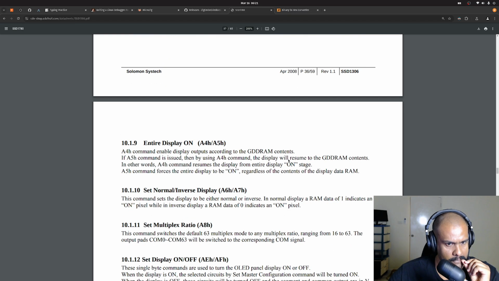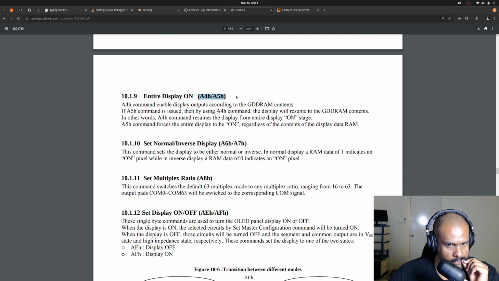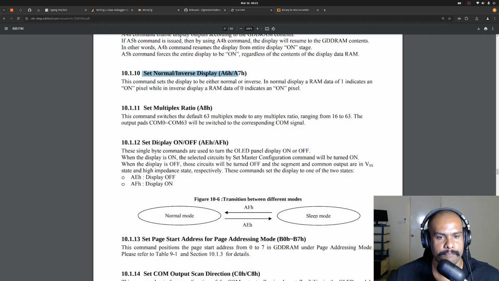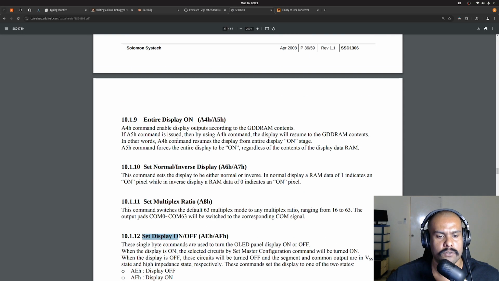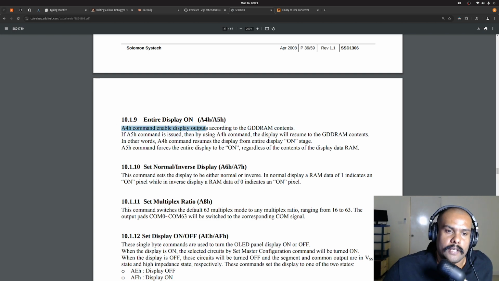Set segment remap, entire display on. Yep, I know that. Set, no, this one for now. I don't care. Set display. Why is there two of them? Entire display on. Okay, you need both of these. So you use A5 to turn it on, and A4, enable display